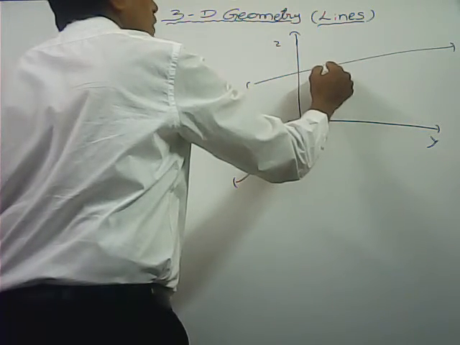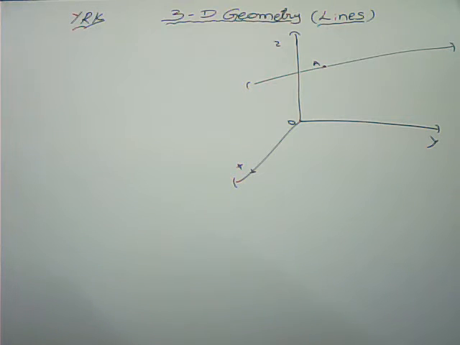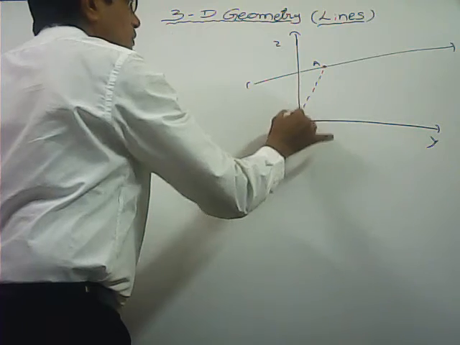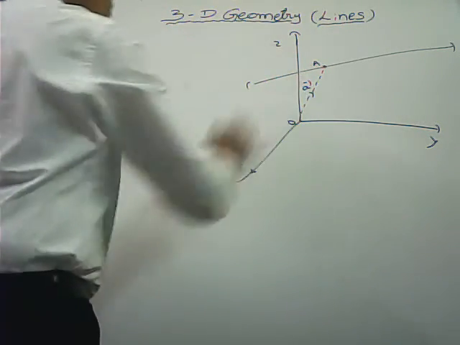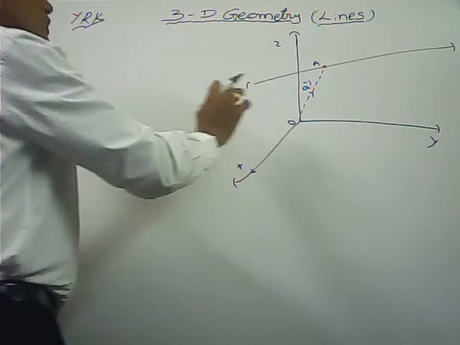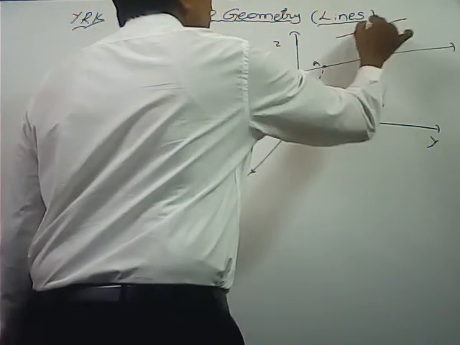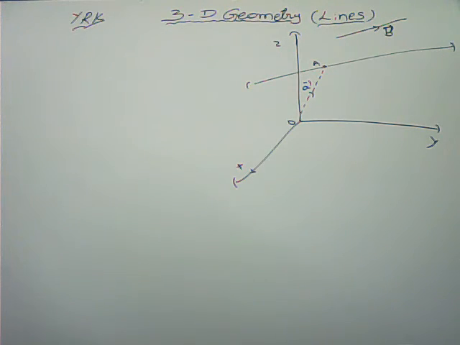Here, this is the line. We are going to find the equation of this line. This line passes through the given point A, and whose position vector with respect to origin, OA bar, is equal to A bar. The position of the point A with respect to origin, that one we say OA bar. OA bar is equal to A bar I have taken, and parallel to the given vector. In this condition, it passes through the point and is parallel to the given vector.